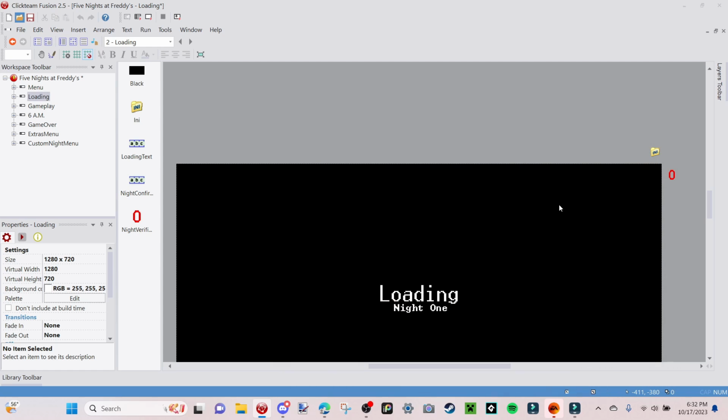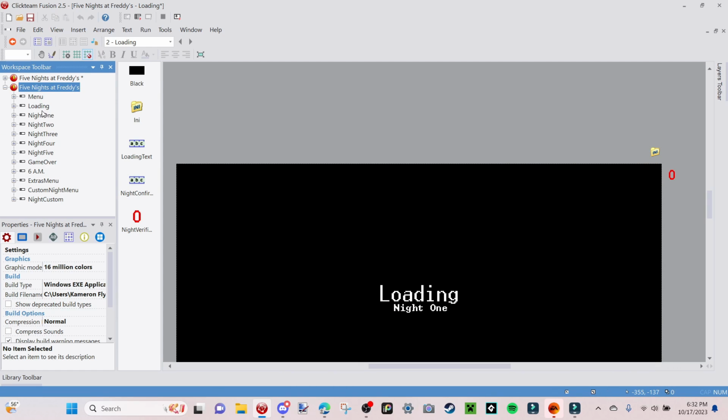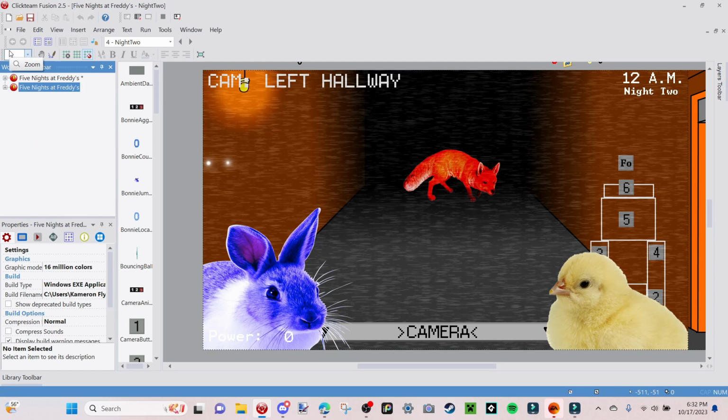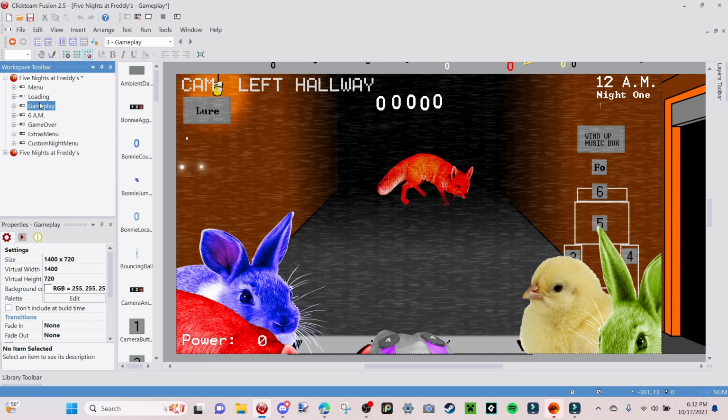then you could do that, or you could just go to the classic Five Nights at Freddy's, where you have all your stuff just kind of here. It's all organized. It will take more space, and if you ask me personally, I would say this version is a lot better, where all your gameplay is stored into one night, although it's more chaotic because you have everything in it, and to make it seem like there's multiple animatronics there, or to make certain stuff activate at certain nights, it can get a little hectic,